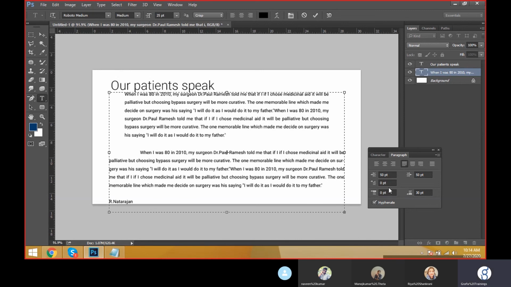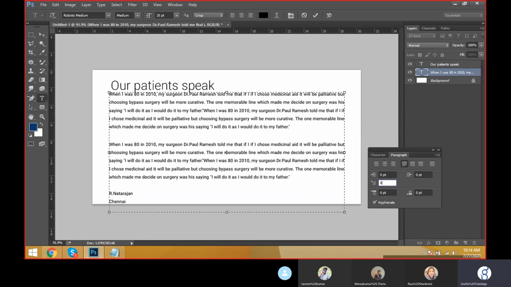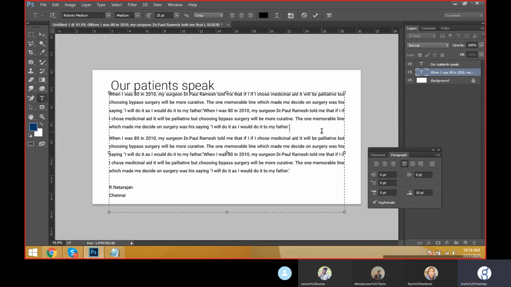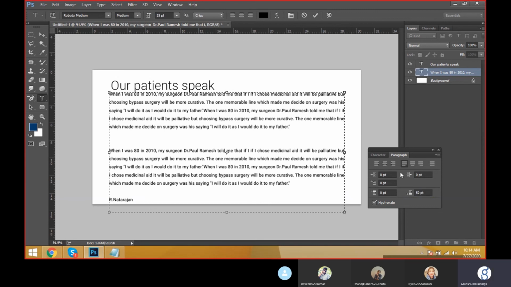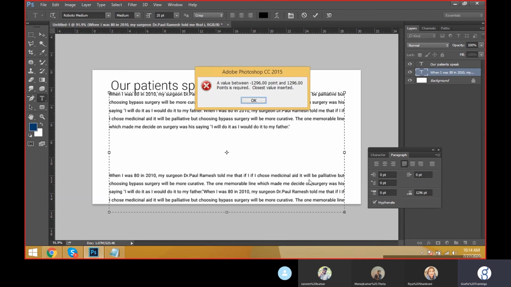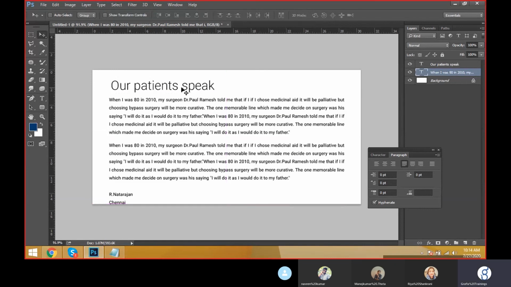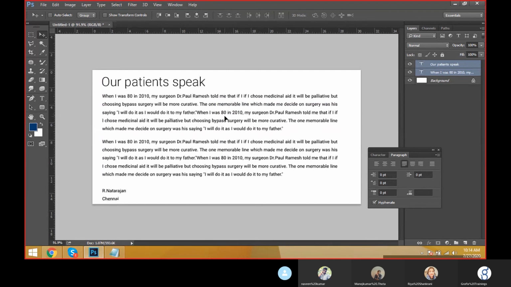And you can keep it 0 here, and 0 here, and 0 here from the right margin also, and everything keep it 0. And from paragraph to paragraph, you can take from here how much you need. Basically it will be in points only, 30 points. Okay, like this. And I'm just giving 15 points. Like this.